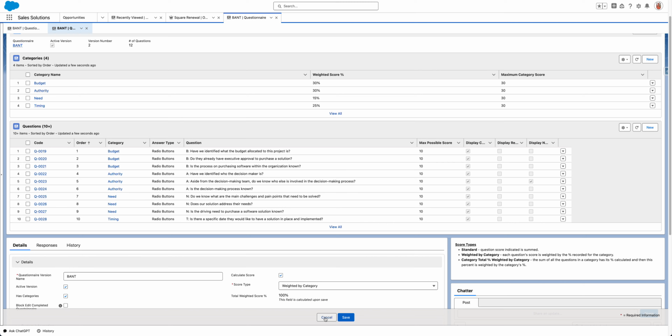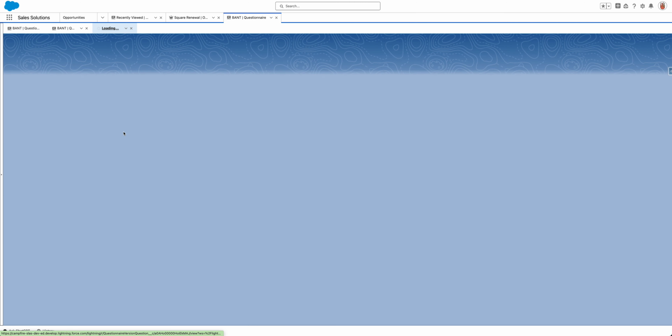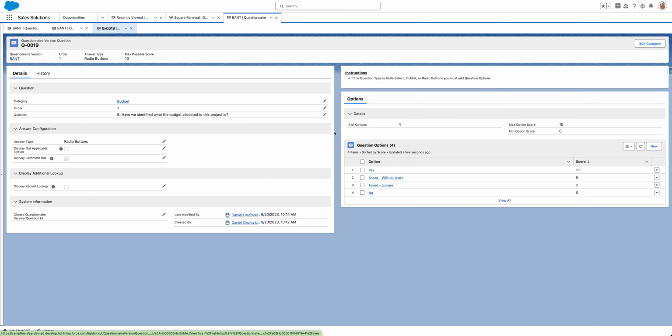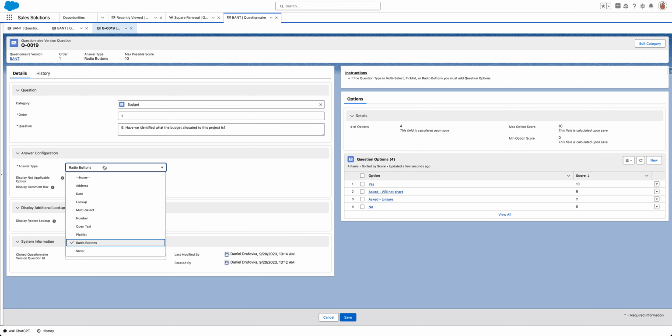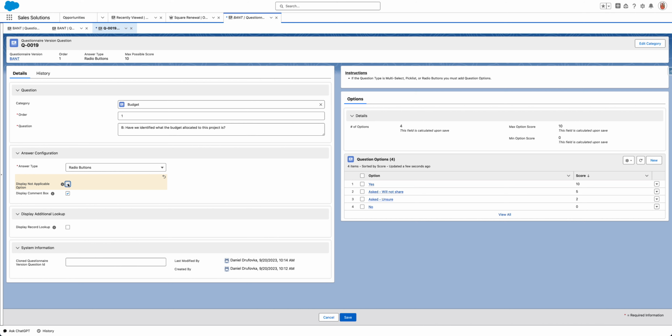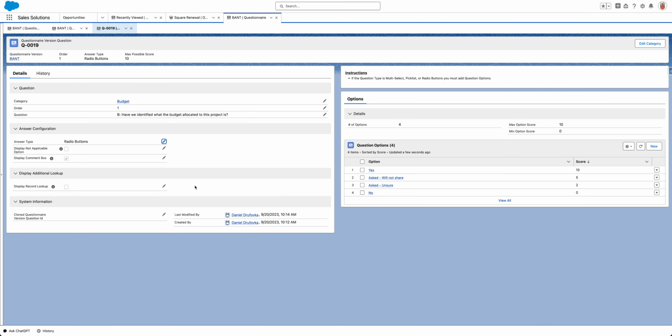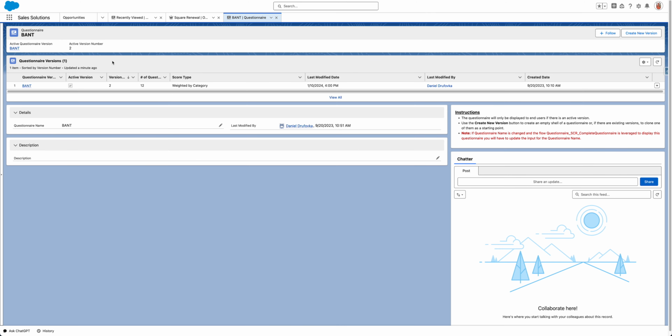If we jump into a single question, you'll see that you have the ability to add options, set what category it's in, and configure how that answer should be received. You can configure even if you want to display a not applicable action. Again, this is really flexible, allowing you to put one of these questionnaires against any object. So it's not just that this process is hard coded to maybe the lead object. This is a solution that is meant to be used throughout your org in as many different ways as you can